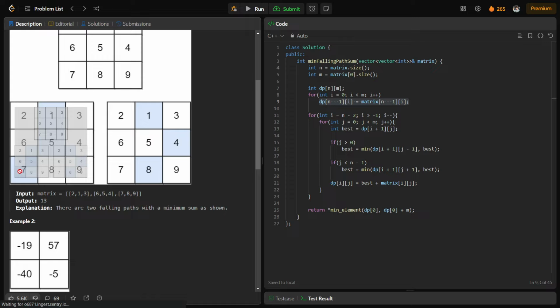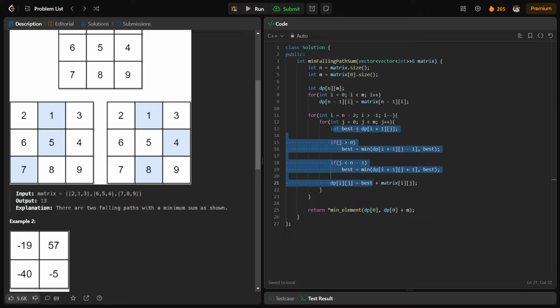So what I am saying is, for this particular cell 7 there are no further values, right. So the minimum sum starting from here will be equal to 7 itself. Similarly for 8 and 9. So that is exactly what I am doing here in the last row, right. Now let us focus on this part first, then we will discuss these for loops. So now my best answer is dp of i plus 1 j,